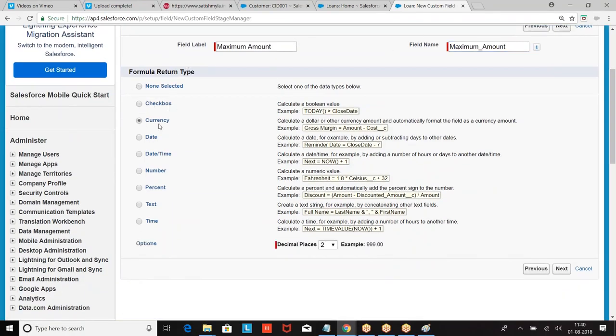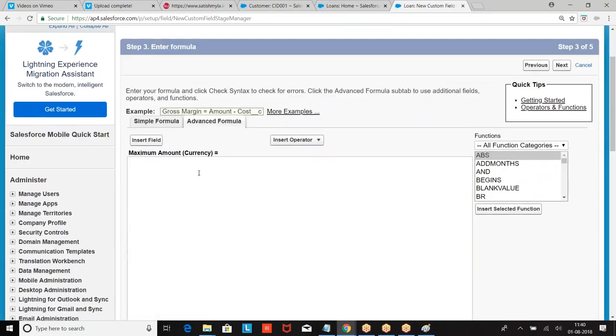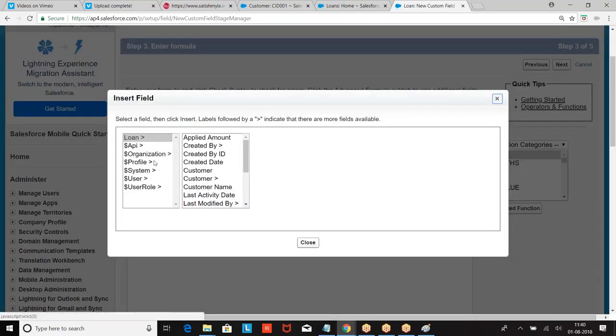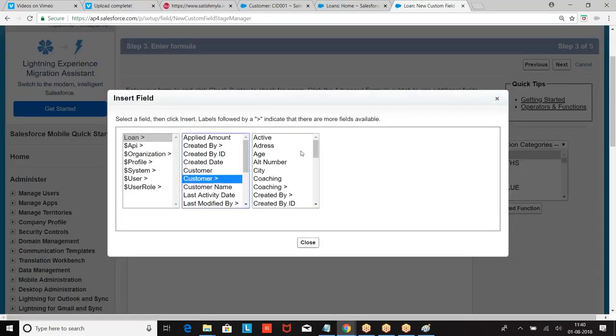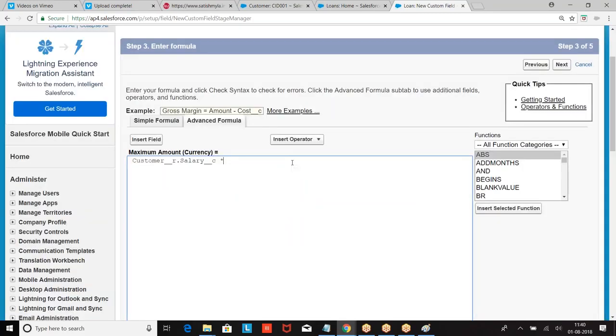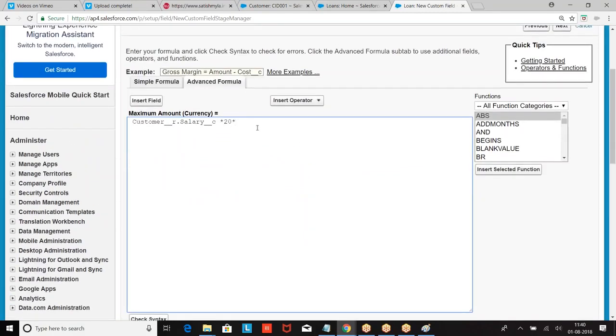Maximum amount. So what I am doing here is taking customer salary, 20 times of customer salary. 20 times of 60% of customer salary.